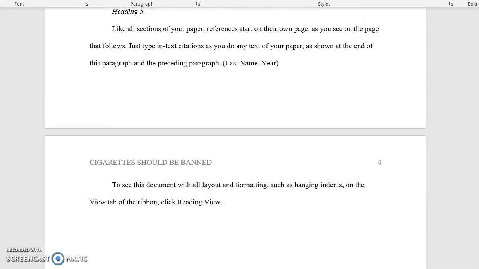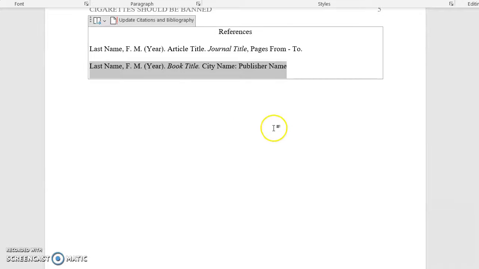And then you will also edit your references page, each of these references, and you can see just how it has it here: the last name, comma, initials rather than name, and then a period, and then the year, or if it is a publication from a particular day, the year, comma, and then the month and day, in parentheses, period, and then the article title, it's not in quotation marks, and then the journal title or the source that it came from,